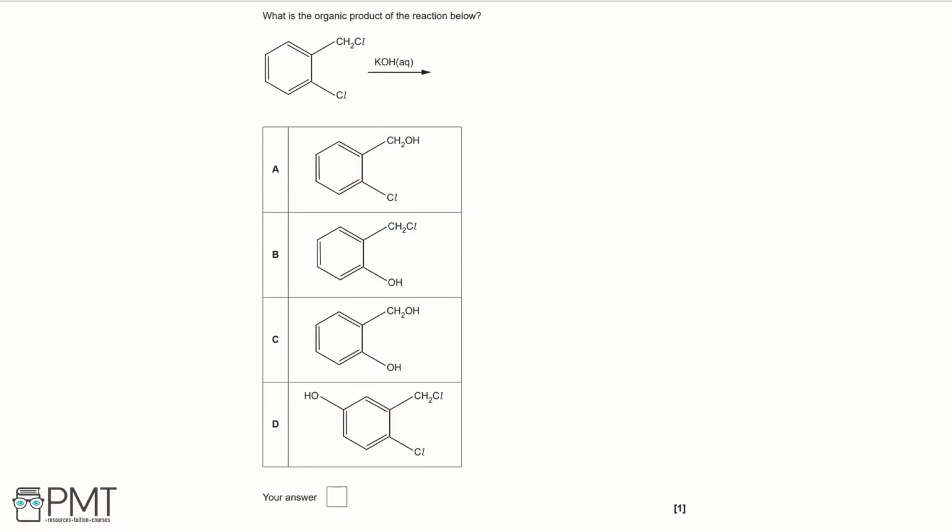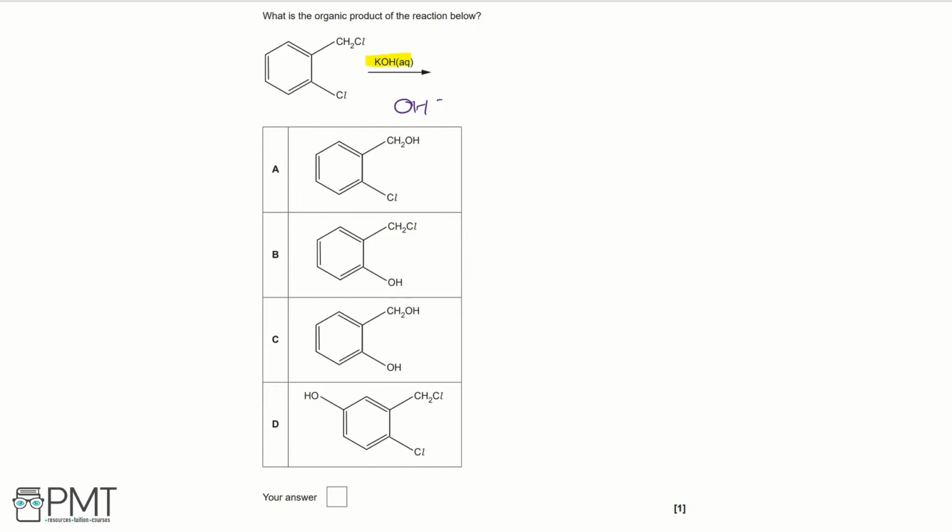What is the organic product of the reaction below? So what we're going to focus on is the OH-, which can be found in KOH. The OH- will act as our nucleophile. The OH- doesn't substitute on the benzene ring, and this is because benzene is electron dense and doesn't attract the nucleophile, so nucleophilic substitution can't occur on the benzene ring. So instead it's going to occur on the chlorine. So what we're looking for is nucleophilic substitution occurring on our